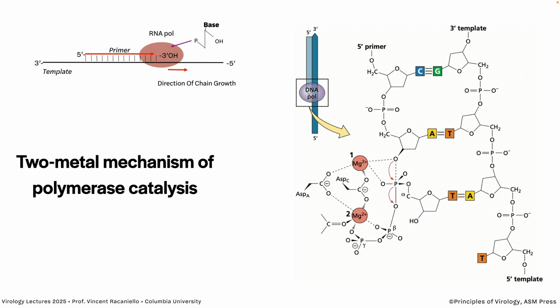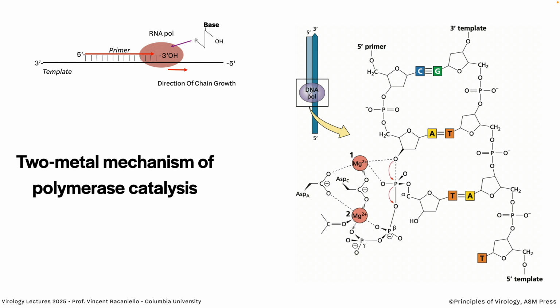Now, what happens in the active site of the RNA polymerase or the DNA polymerase is there are two metals that are being coordinated. In this case, it's a magnesium, it's a metal, and it's being held in place by specific amino acids, this aspartate and this aspartate. So there's two aspartates, and I'll show you these in the structure. Their job is to hold metals in place, and the metal, the magnesium, coordinates the nucleophilic attacks which get rid